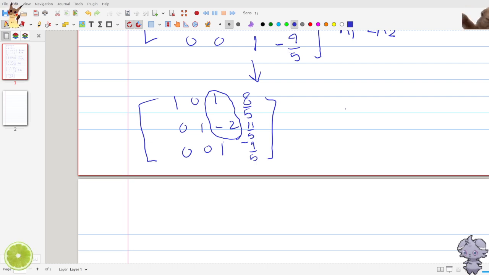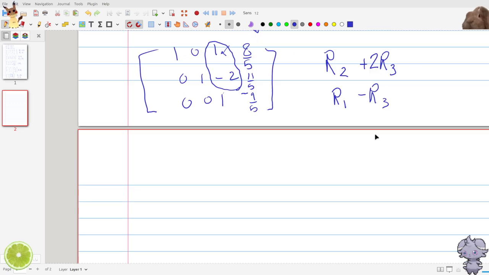We first take the second row and add 2 of row 3 into it. That will give us 0. Then for row 1 here, for this number, we just subtract from it row 3, and that will give us this matrix,